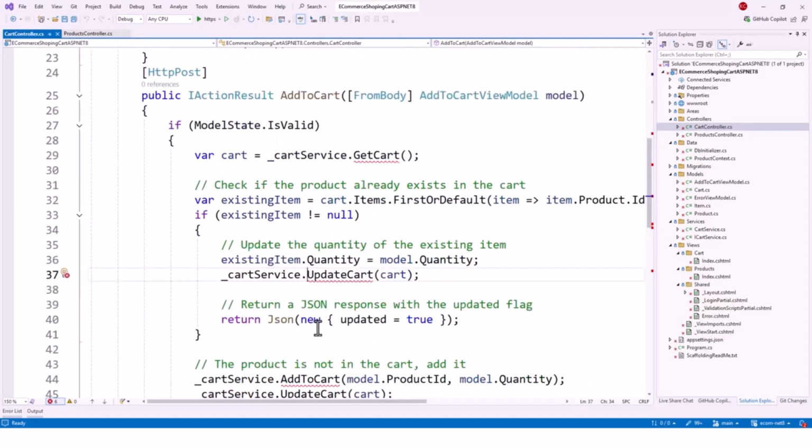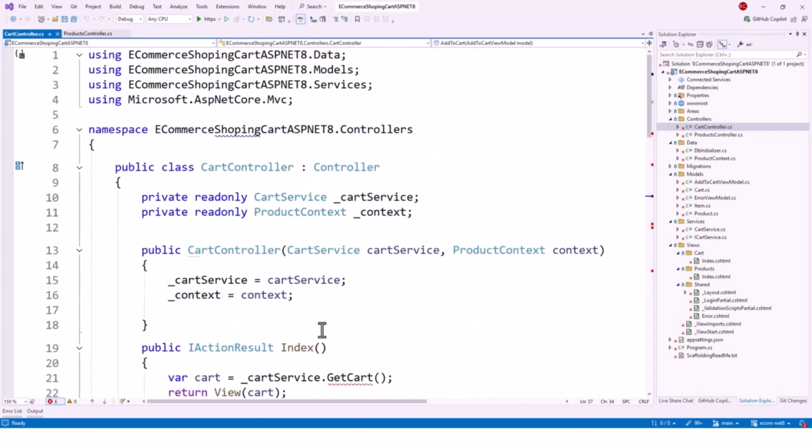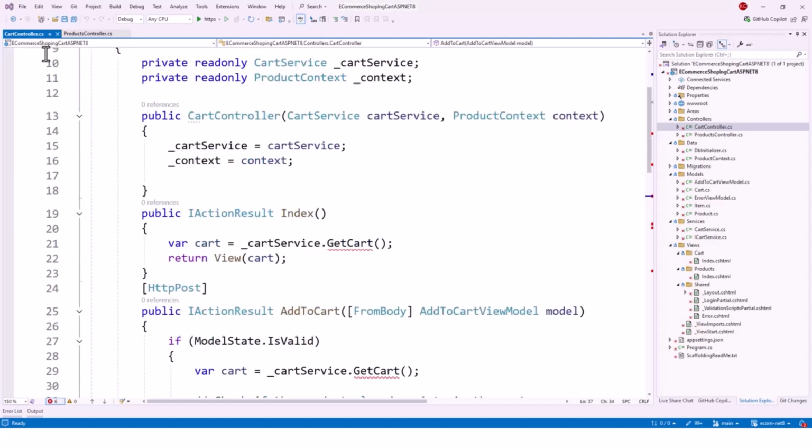That's because card controller I have not changed at all. The card controller needs to be still edited. Okay, so we'll do that next. Go over to the card controller, and let me close this one, product controller, and the first thing to be changed is